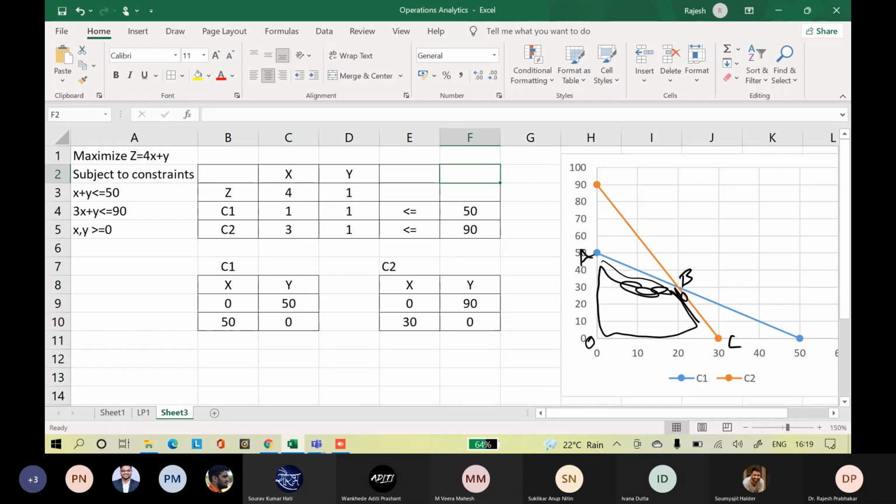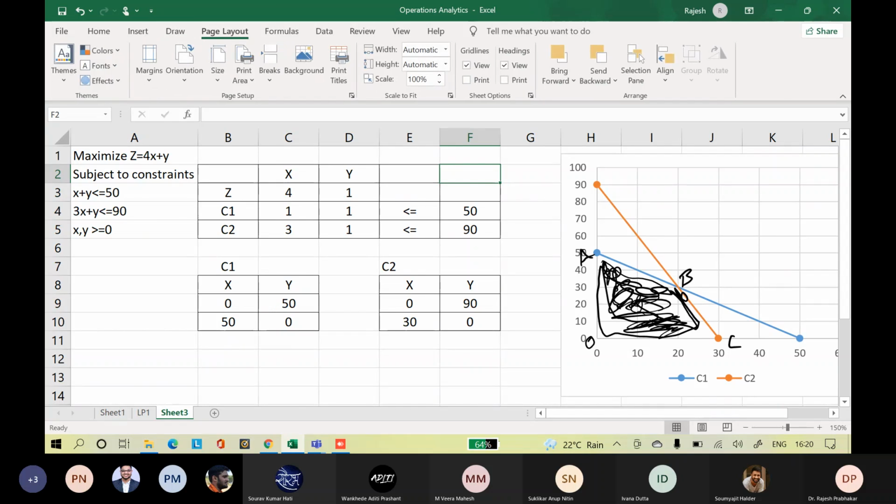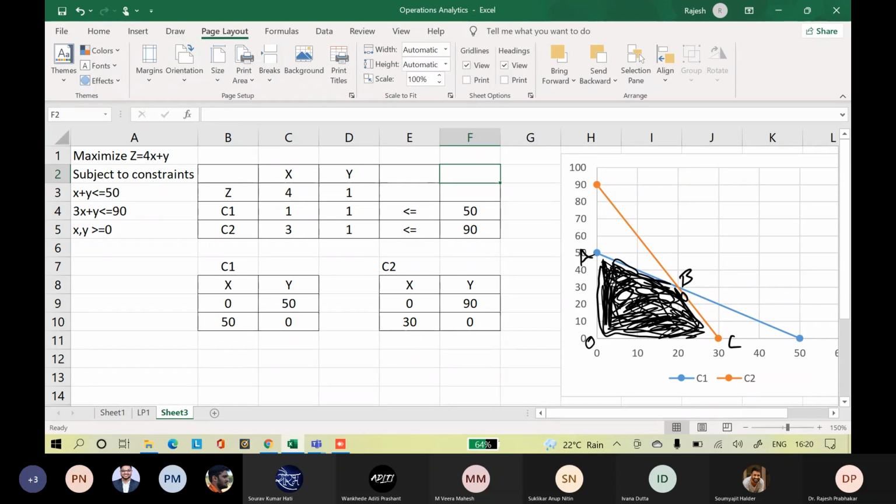Yes, sir. This is the feasible region. So calculate points A, B, and C. B is the highest profitable point, so calculate the value of B.